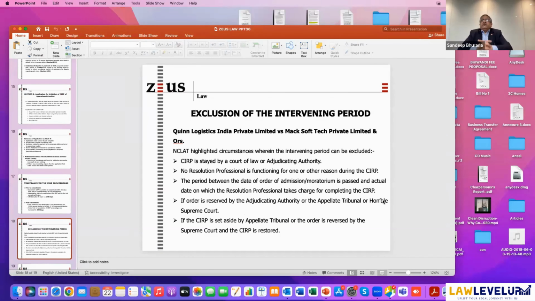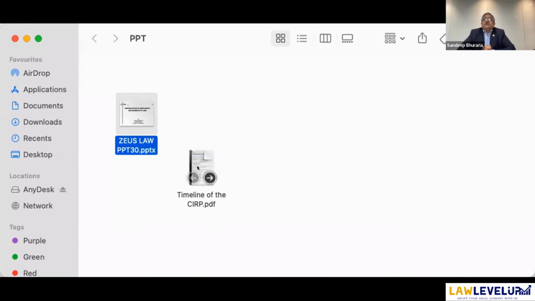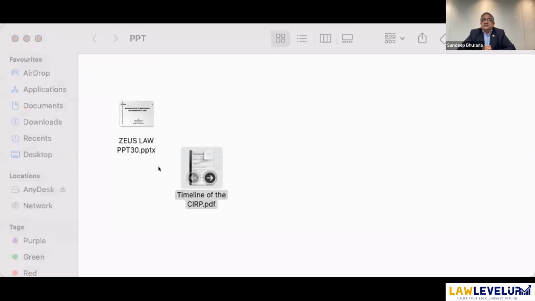So I have largely discussed and detailed those provisions which are the important provisions while CIRP proceedings have to be initiated, and under what circumstances they can be initiated. Now, friends, I will